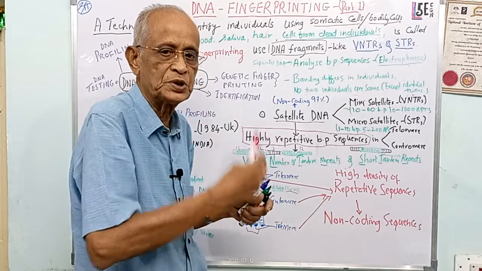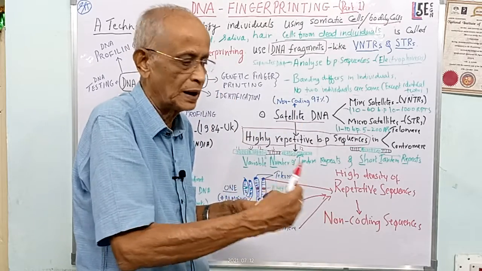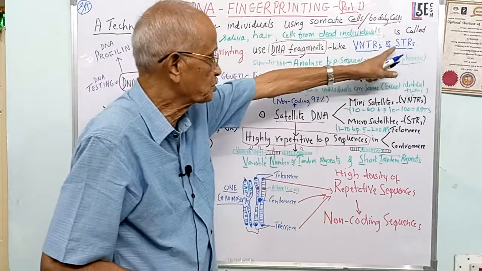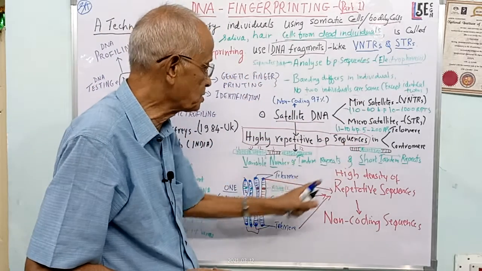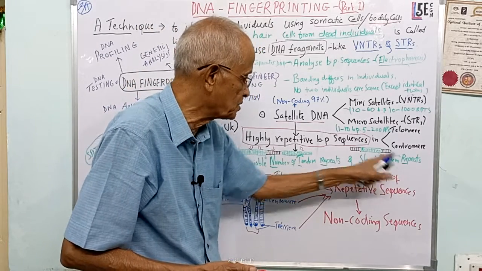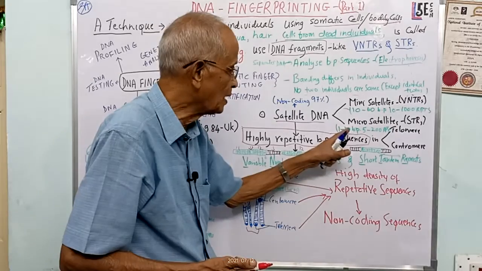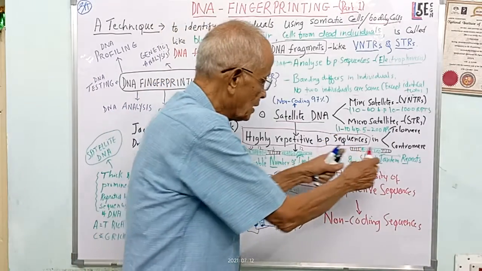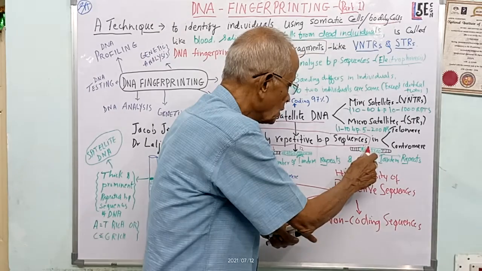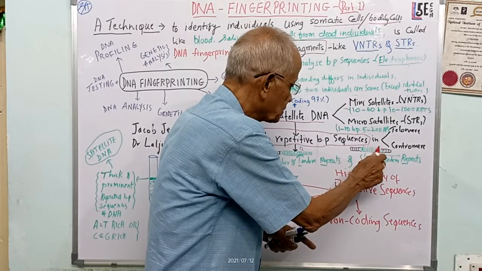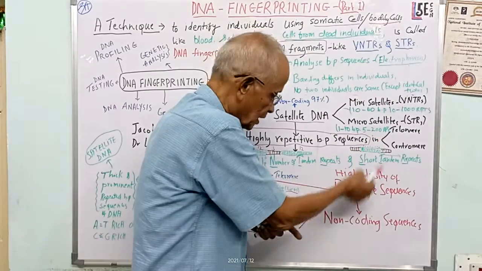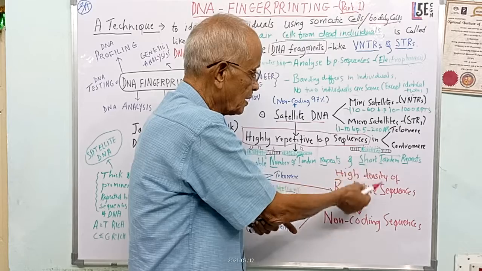If it contains CG, CG, CG, CG, it continues like that. Another one is called STR. STR refers to short tandem repeats. In the short tandem repeats, only 1 to 10 base pairs will be there. So in this sequence, it may be that we got 1, 2, 3, 4, 5, 6, 7, 8 bases there. You will have the corresponding base pair there also.